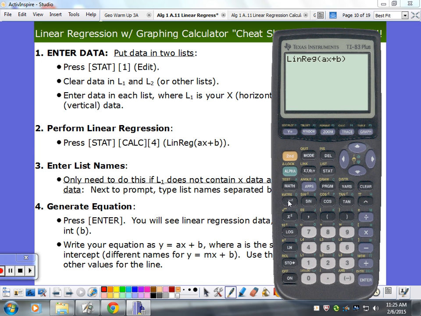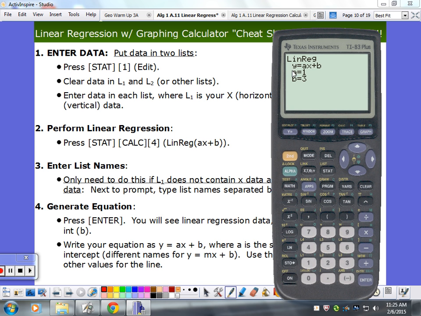regression, and as long as your x's are in L1 and your y's are in L2, you can just press enter. Now, if you have like a TI-84 Plus, there might be a little menu there, but I think you can figure out where to put everything, right? I hope. And so if you run it,